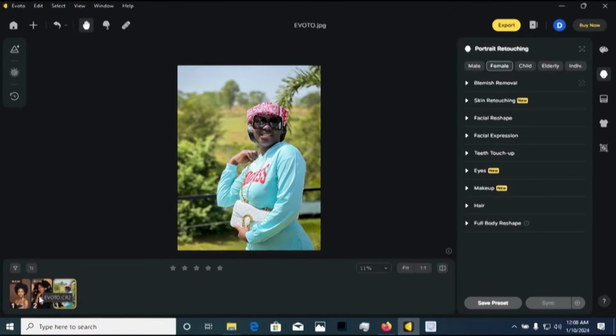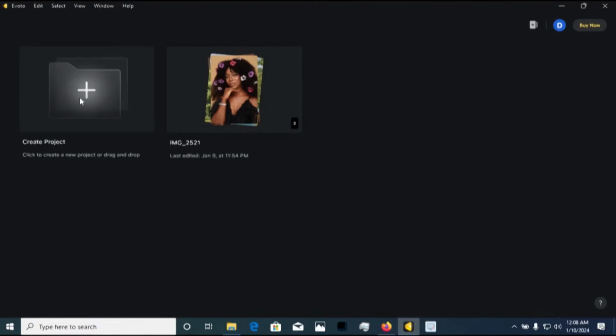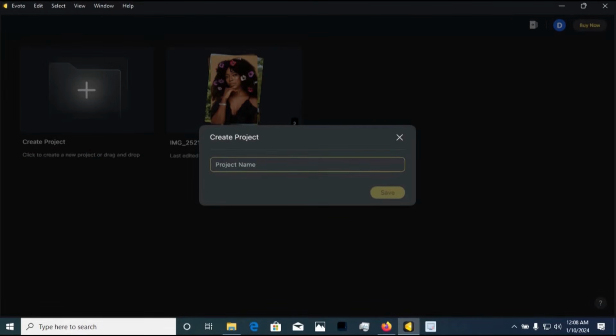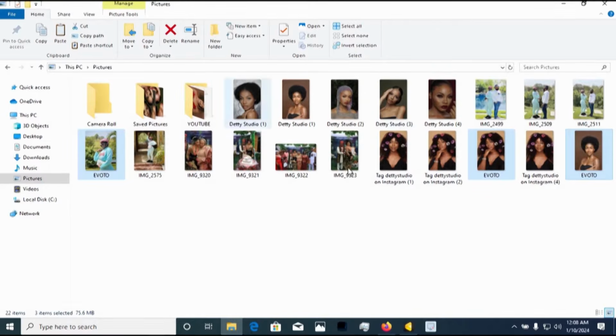So the first image we are going to be retouching is this image. Before then, let's say you want to import your image into Evoto, you can click on this home area and then select your project and name your project. But for me, I don't have time for all these things. I usually just go to my folder section, and there I can just drag the image. Let's say, for example, I can drag this image into the Evoto